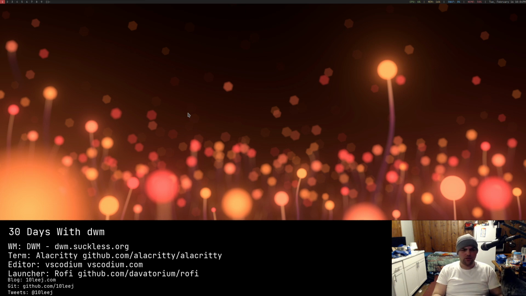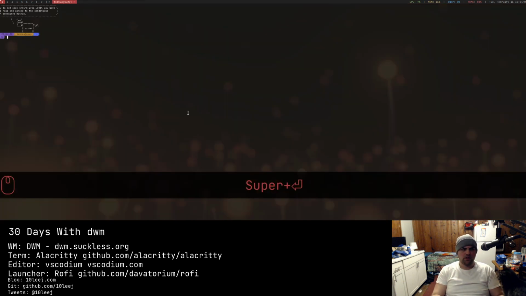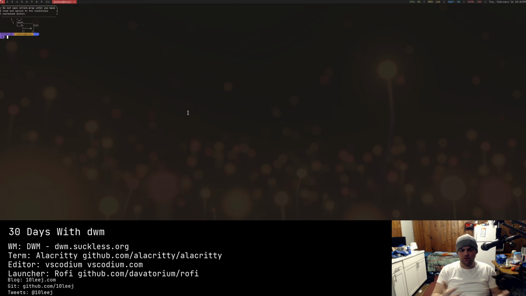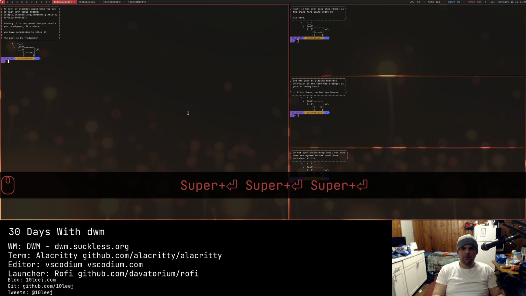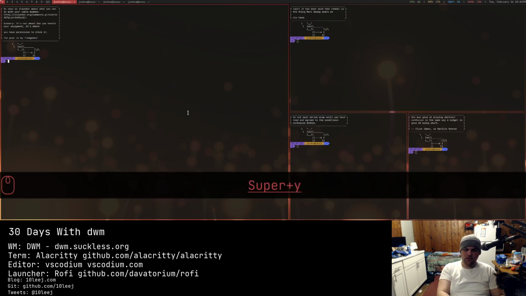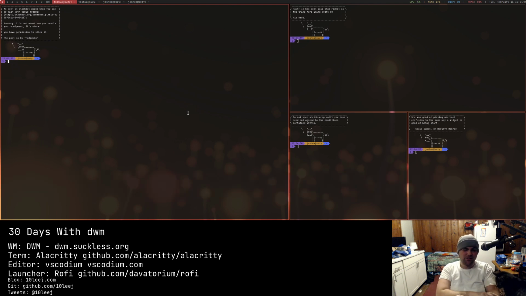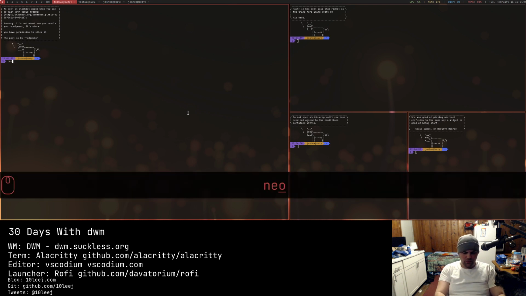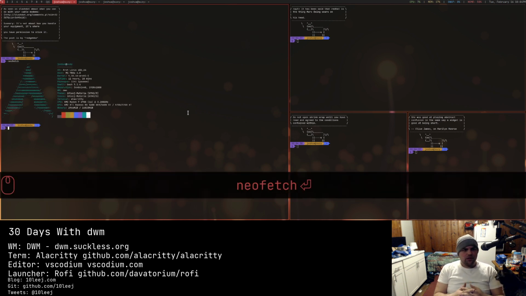So let me just turn on screen key here, and you can see super enter. I open up a terminal. My terminal of choice is Alacritty, and I've got my standard tile layout, and I've got my Fibonacci layout. This is actually my default layout, the Fibonacci layout, and I've been enjoying it, but you can see that